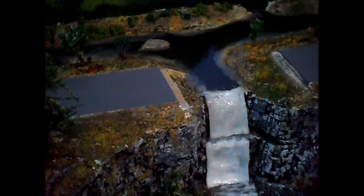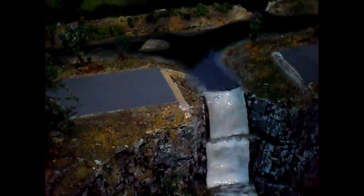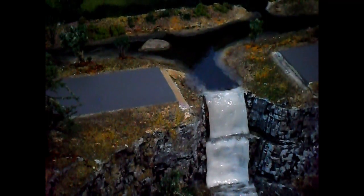Now this epoxy here, this clear epoxy, apparently you are supposed to be able to put food coloring in this and dye it. I've never tried it, but that is one of the things you're supposed to be able to do, and I would assume that it'd be like EnviroTech, that if you wanted to do that, you would just use